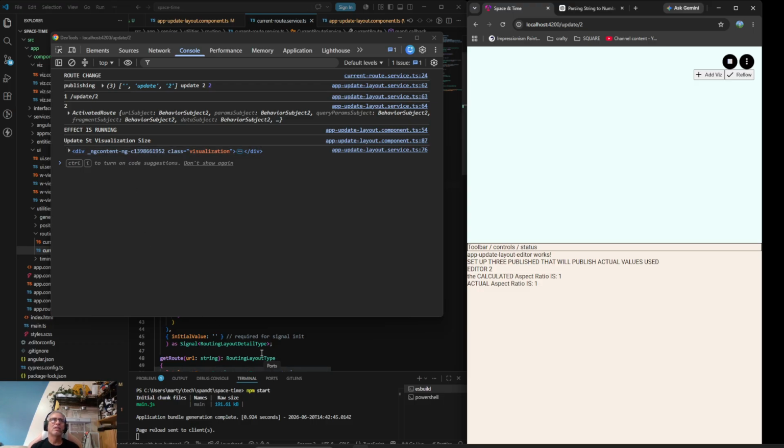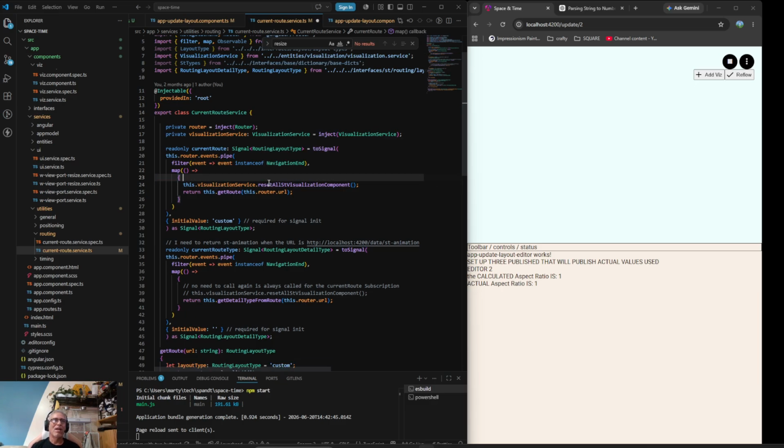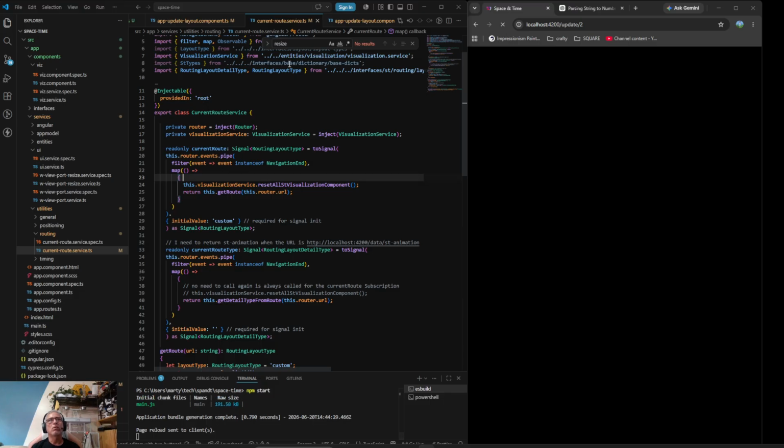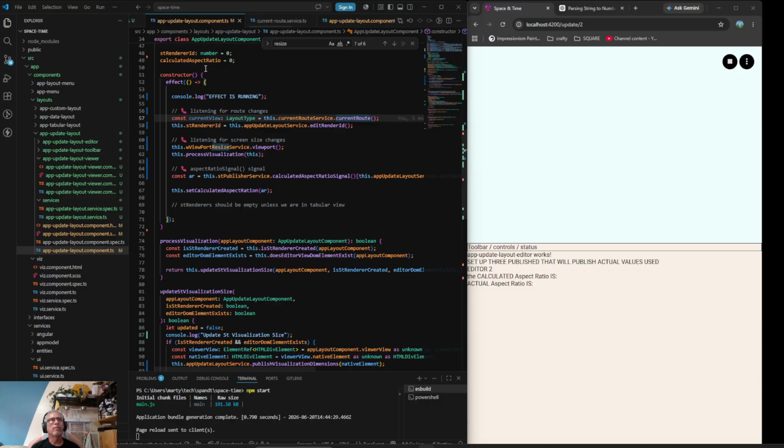So it feels like the route change is changing before the actual UI is being updated, which is an issue for me. It's kind of weird. Navigation and, I guess I don't quite understand. I thought I understood it, but